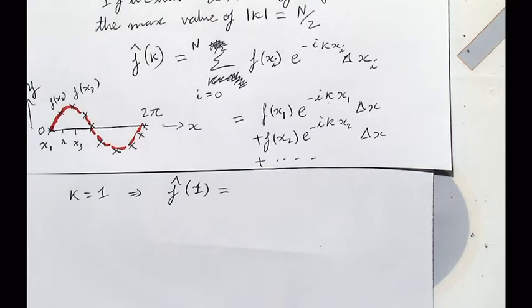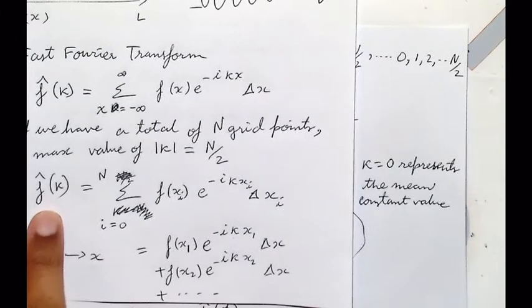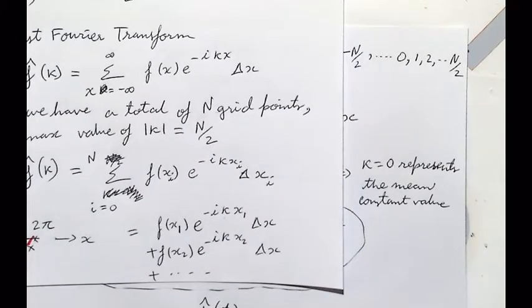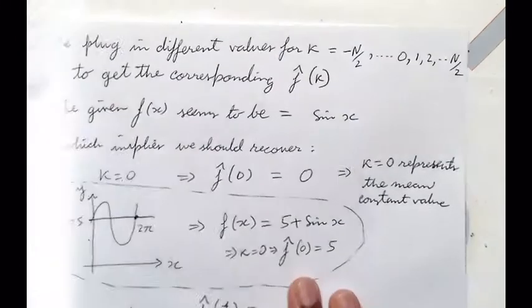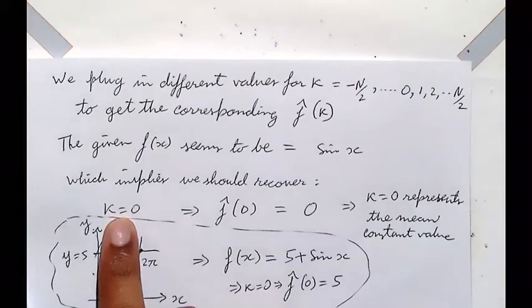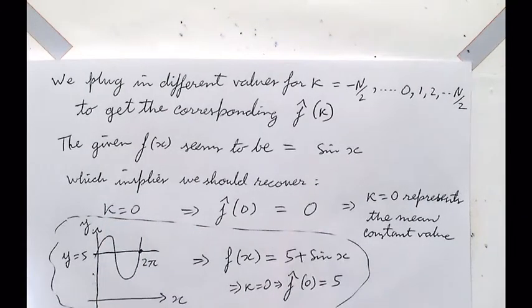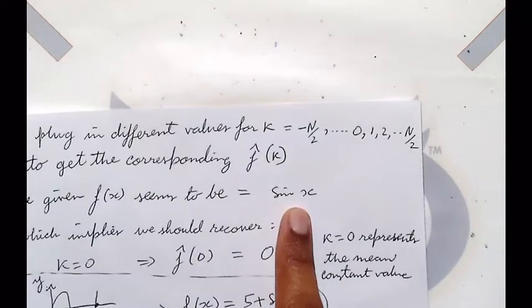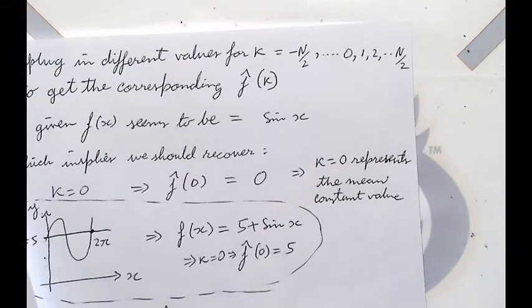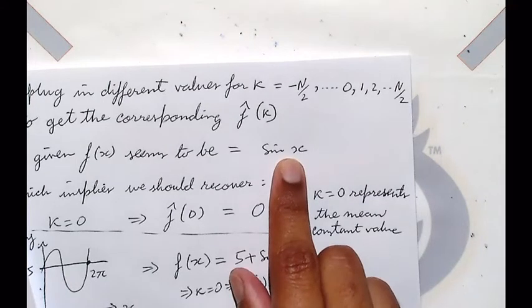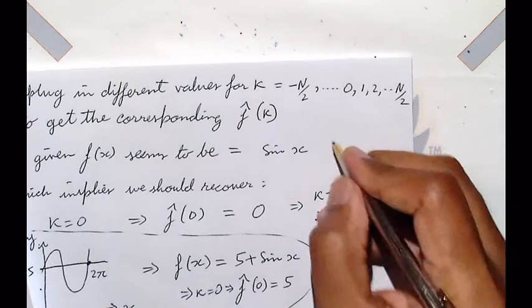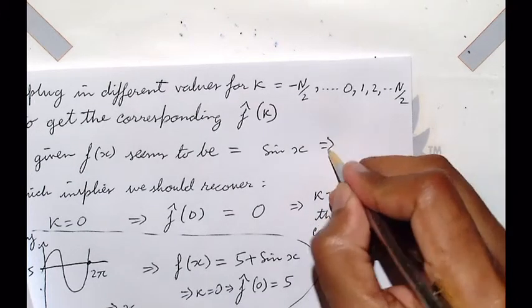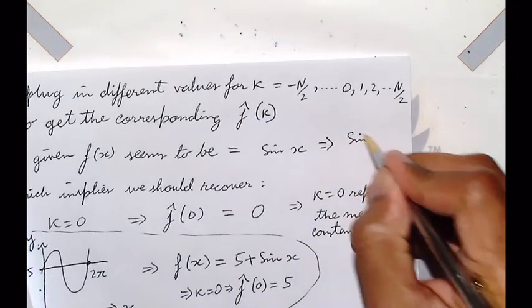Okay, so what did we say this f hat represents? It represents the strength of each frequency. We said the strength of frequency number 0 is 0, or f of x equals sine of x. f hat of 1 means what is the strength of kappa equals 1? So in general, if I write this as sine of kappa x,